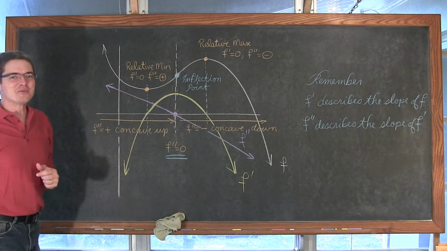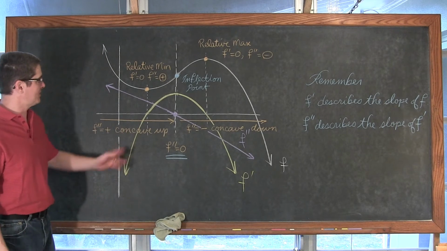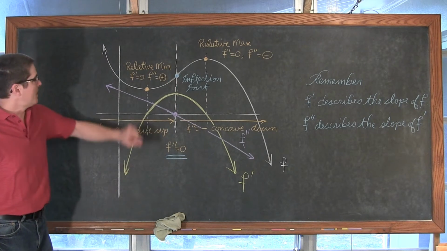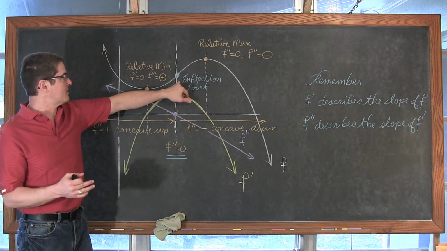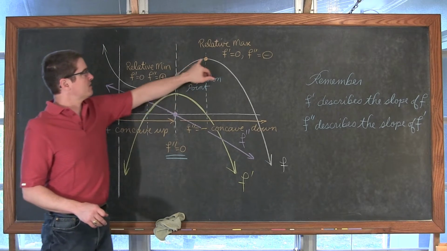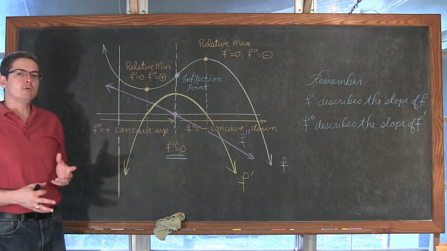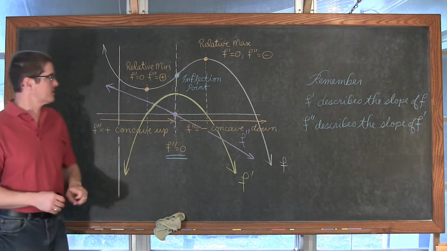Alright, just filled in some notes, and I'm not going to talk about this too much because obviously I just did, and it's a repetition of a lot of what I've already pointed out. Other than, here we have the inflection point. I'm going to give you a formal definition of that on the next screen before we get to the examples. And these orange dots, the relative min and the relative max, this is a preview or a visual representation of your second derivative test, which will also be on the next screen.